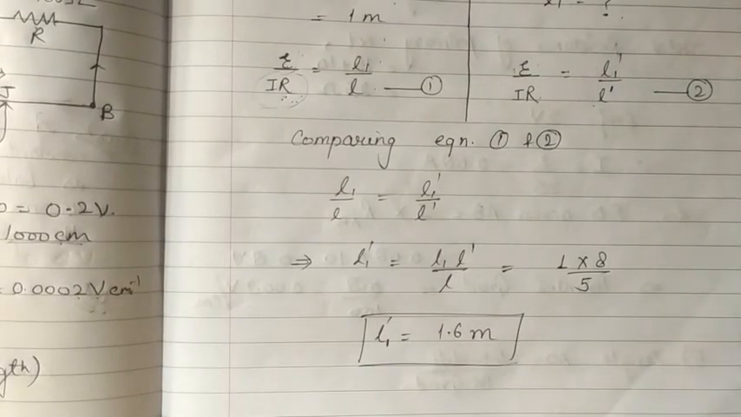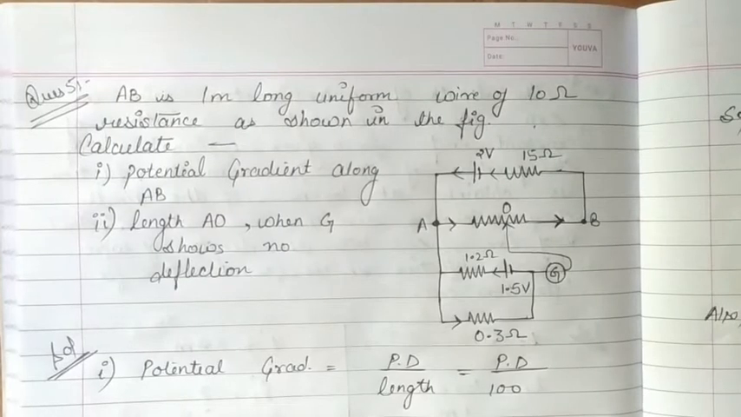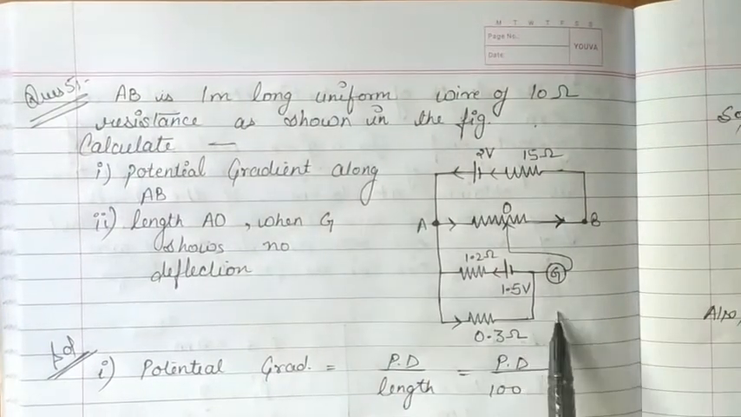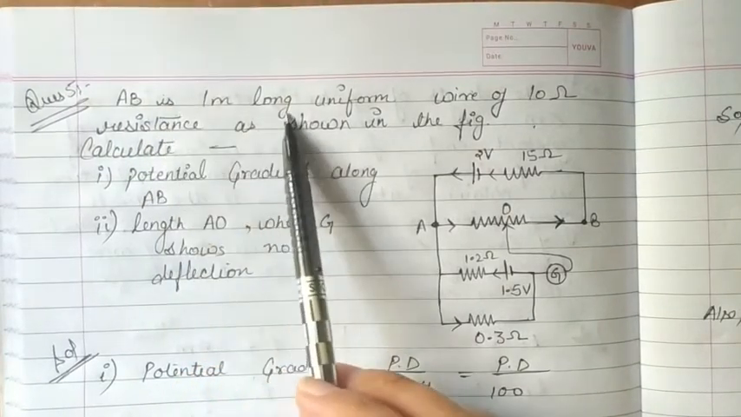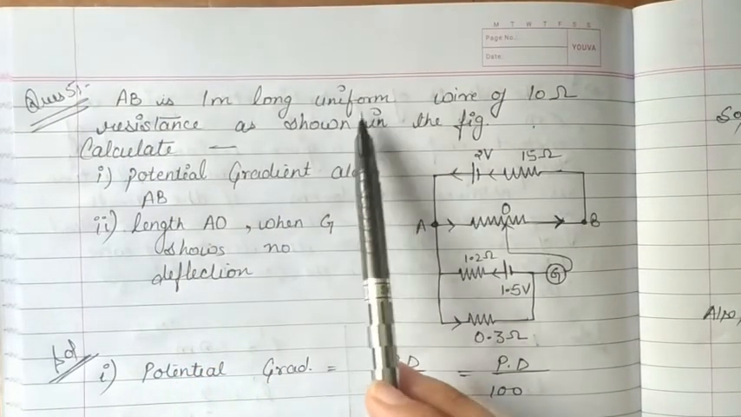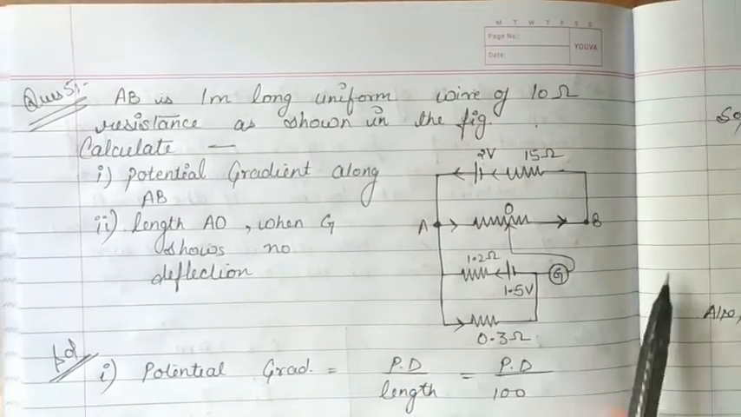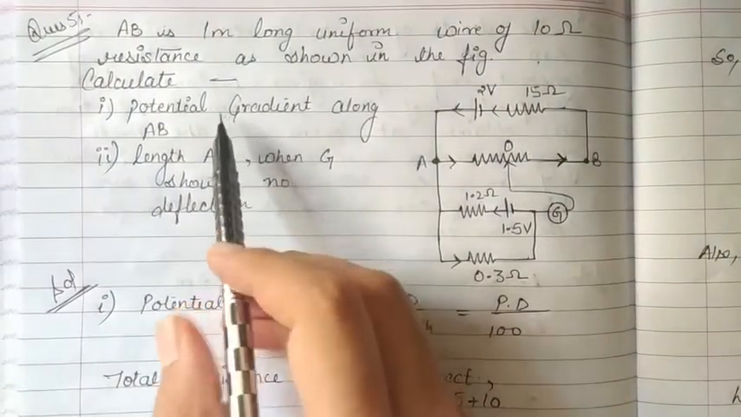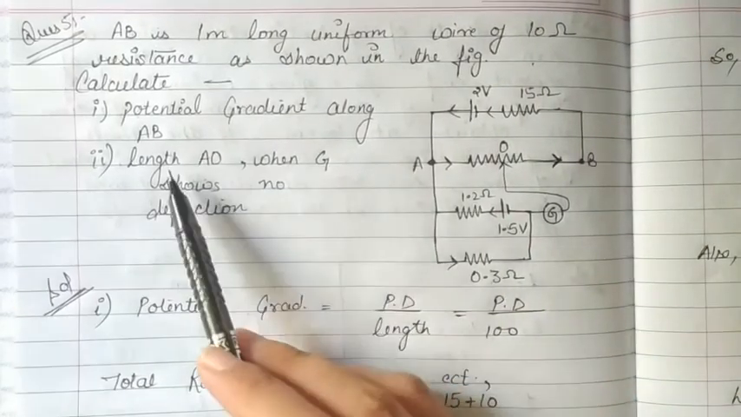Okay, all right. Let's move to the last question of this video. So question number 5. In question number 5, this figure is given. Here we have the potentiometer wire AB, 1 meter long. Now the wire is uniform and has a resistance of 10 ohms, right? Rest quantities are shown in the diagram only, and we want to calculate the potential gradient along AB and length